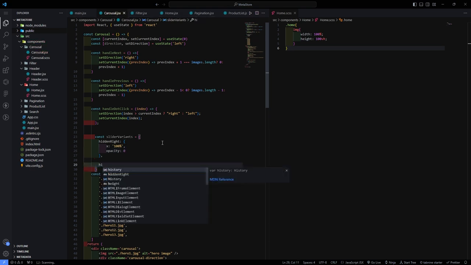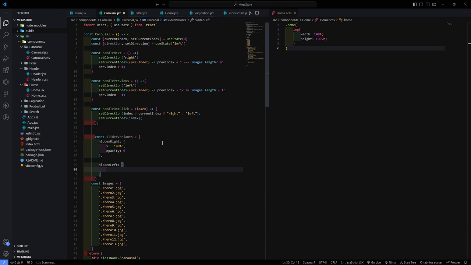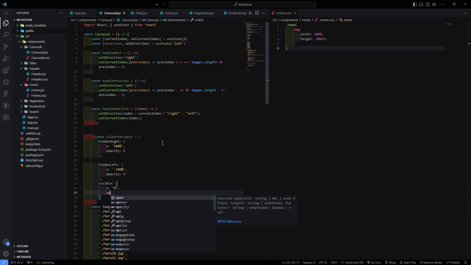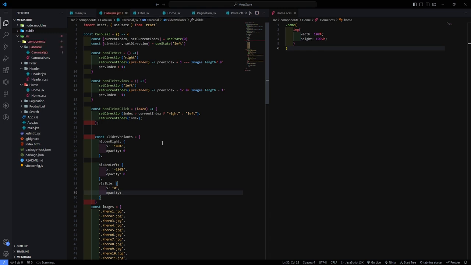After this we have another variant which is hidden left, and X is -100% and opacity as 0. Next variant is visible. X is 0, opacity 1,